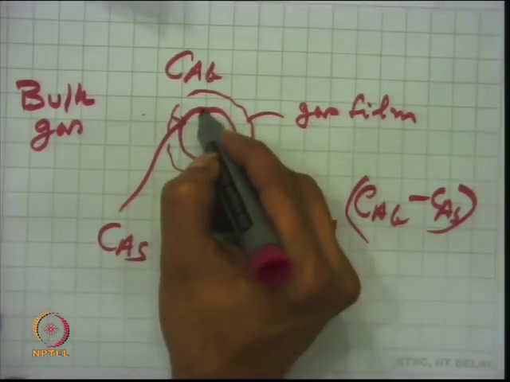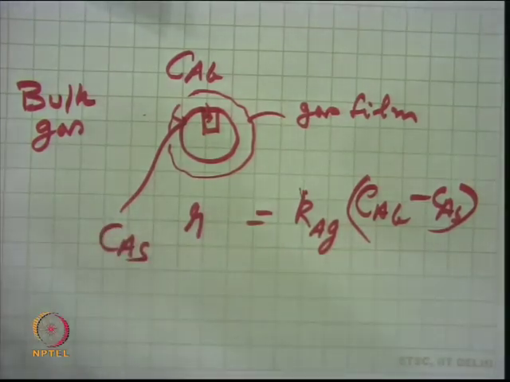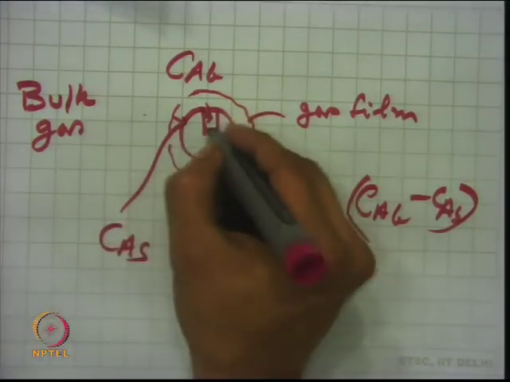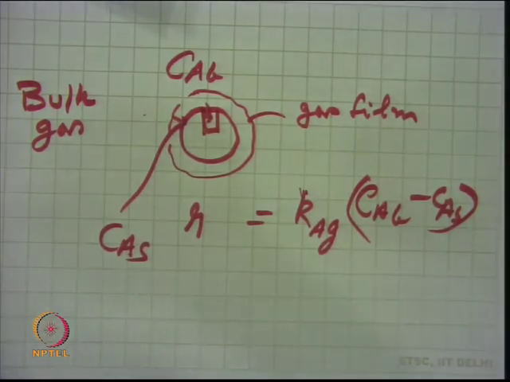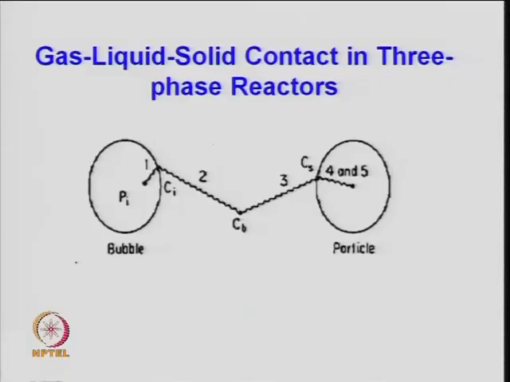When it reaches here, it will start diffusing into the pore. The second step is diffusion into the pore, which we have already discussed by Fick's law of diffusion, and then adsorption, surface reaction, and desorption on the surface of the catalyst. So, adsorption, surface reaction and desorption of the product, and finally the product comes out, which we had already discussed in the gas-liquid reaction. But when you have a multi-phase reactor, you have liquid also in between, and in that case the additional resistances, which are mainly the mass transfer resistances, come back. So, this is a bubble, a gas.